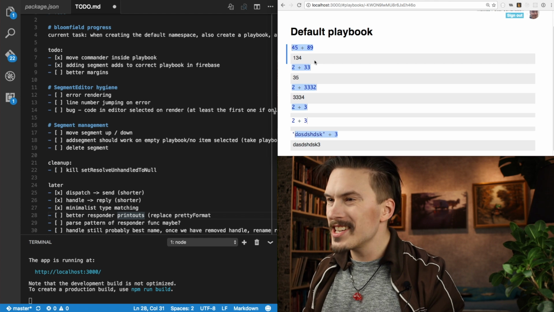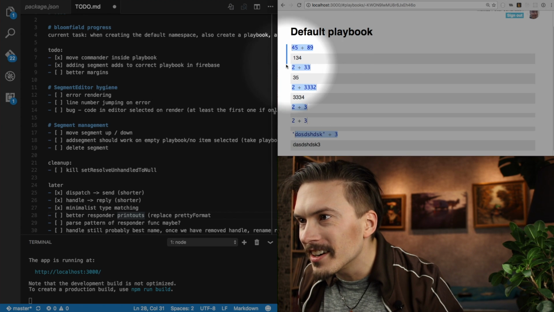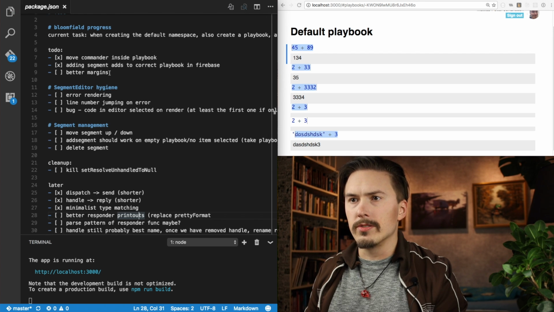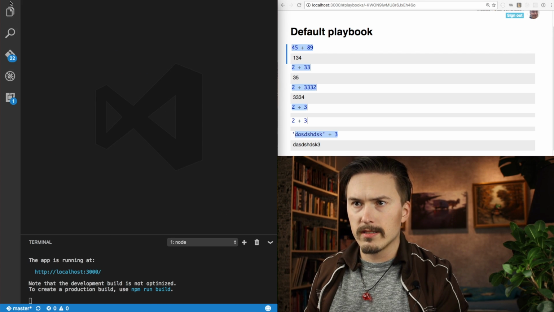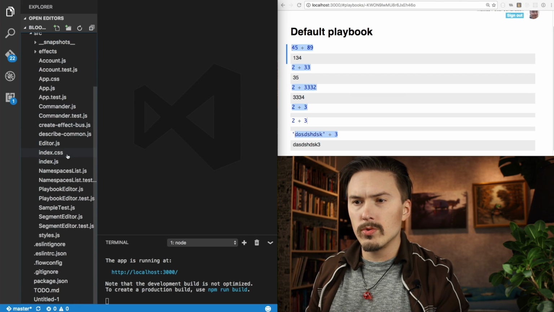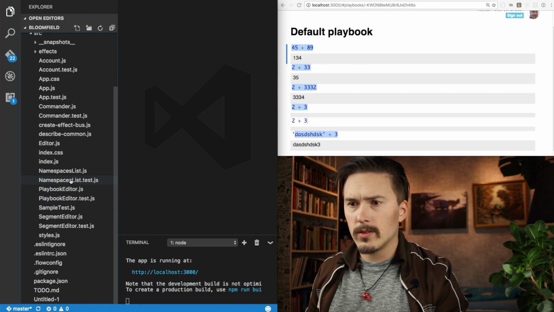Before we do that though, I just want to get a little warm up and fix this fact that there are no margins here. That is annoying the hell out of me. I'm going to close this to-do because there are just so many distractions in it. And I'm going to scroll to, I wonder where the margins for that are. Okay, we're going to go to playbook